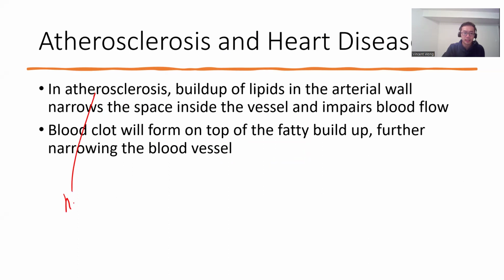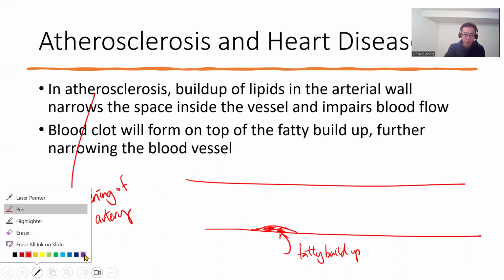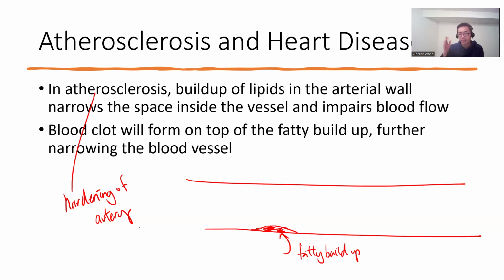Okay, so this is the hardening of artery. And then the blood clot is going to form on top of this fatty buildup. Right? So it's like this. This is a blood vessel, and let's say you have a little bit of fat buildup here. Right? So this is a fatty substance, fatty buildup. It could be cholesterol. It could be some of the saturated fat that we talked about, right? And I told you before, blood does not like